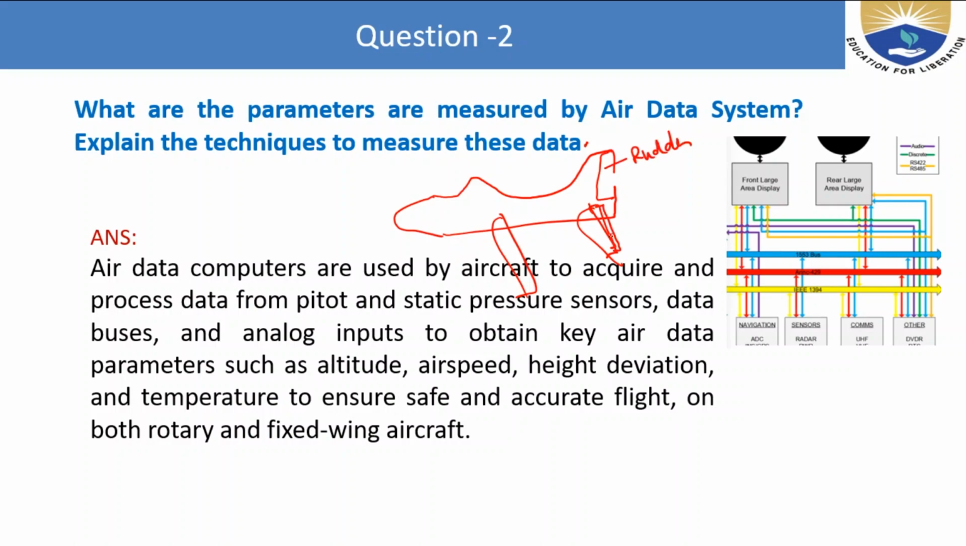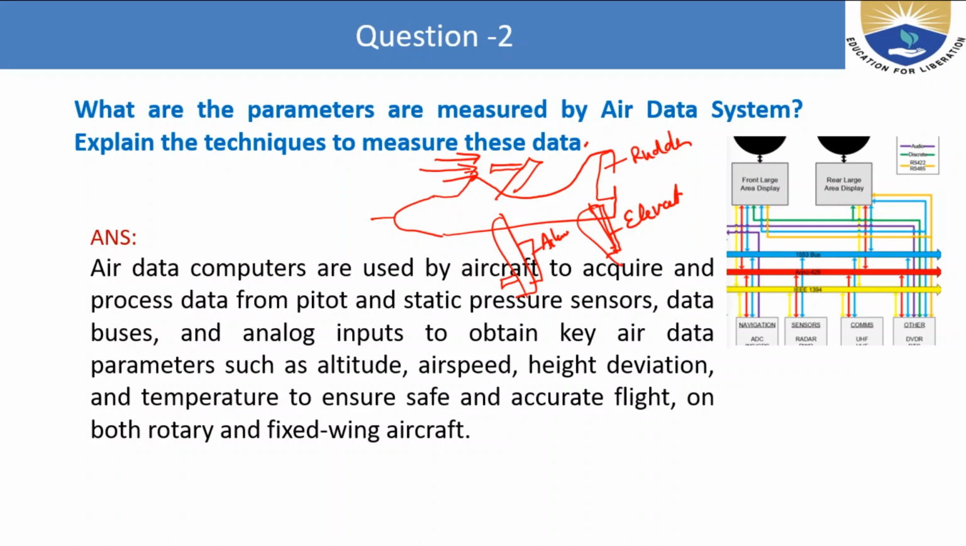Here is the elevator, and here we have the ailerons. Here is the pitot tube. Sometimes in the wing also this pitot tube is fixed here and here. So this air is entering here. This air may have some, as per the altitude, different density and different temperature, and